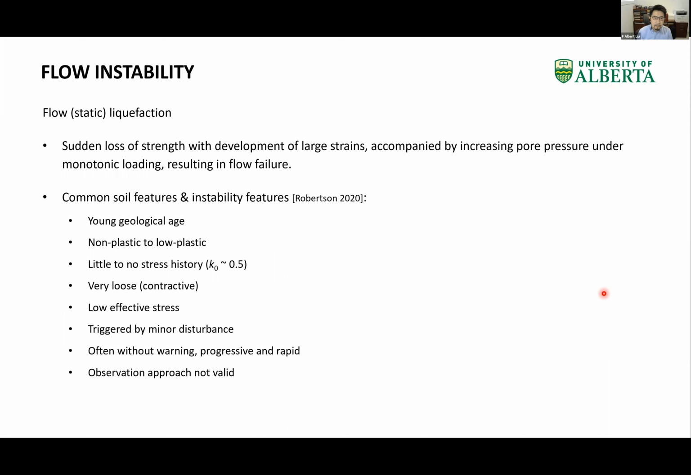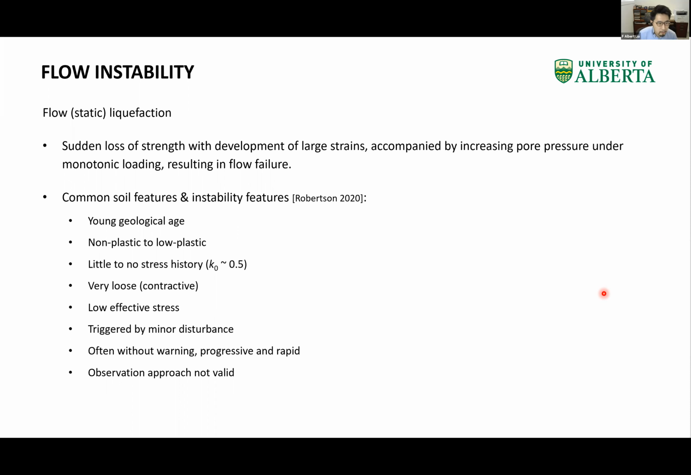So in general, we defined flow liquefaction or static liquefaction as a sudden loss of strength with the development of larger strains and accompanied by increasing pore pressure under monotonic loading, resulting in flow failure. So given by Robertson's